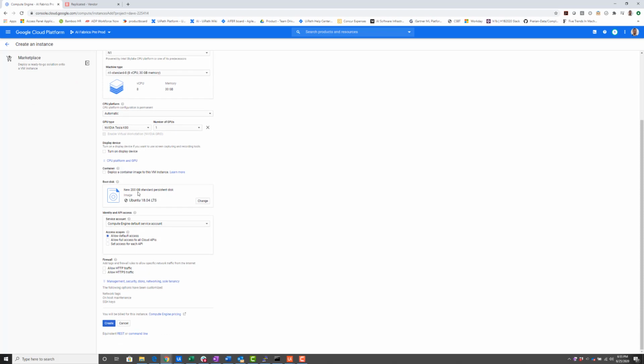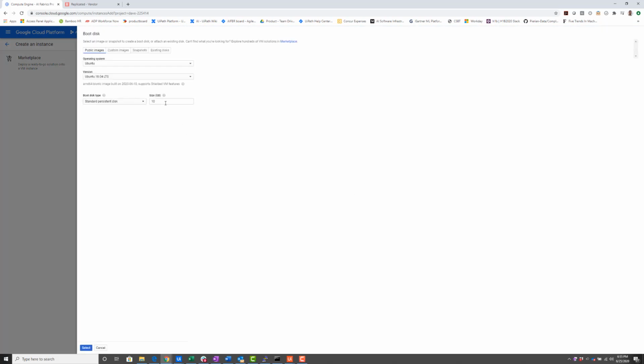We also need to add our operating system. We've done all of our testing on Ubuntu 18.04 LTS. AIF Fabric, in theory, will work on other Linux distributions, but this is the one we officially support and have tested. So that's what we're going to choose. 100 gigabytes is enough for the boot disk,